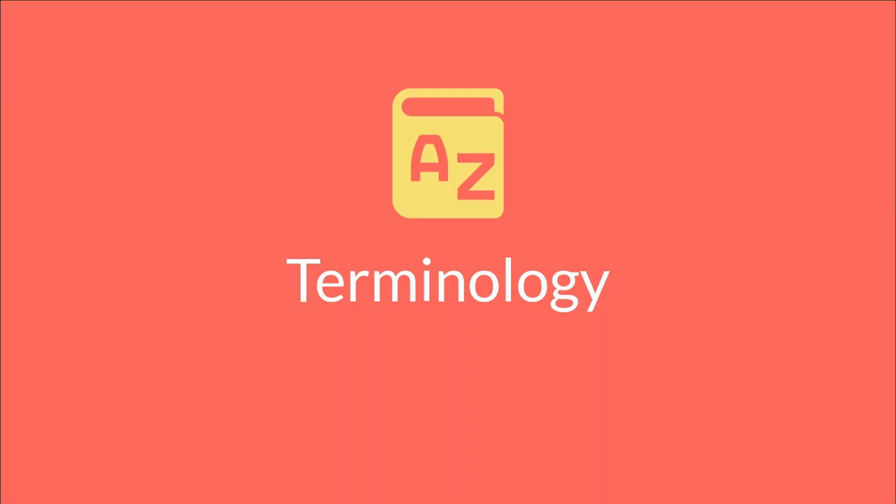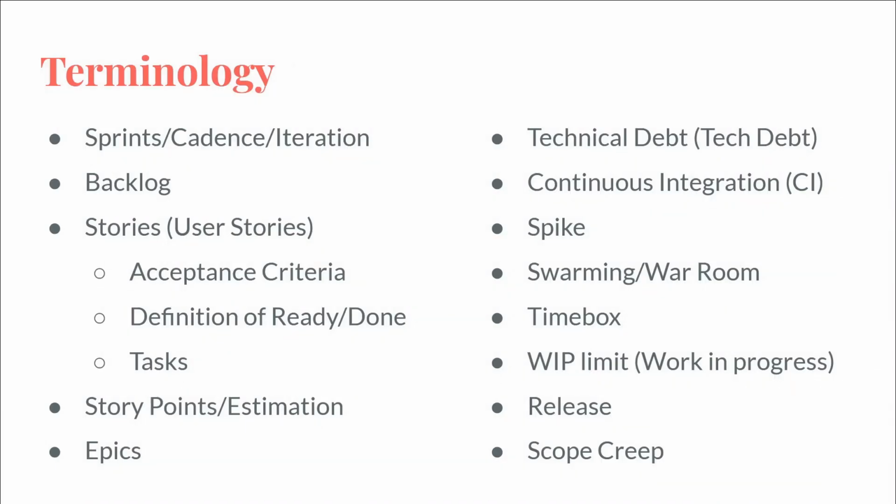Okay, terminology. I'm gonna dump a truckload of terminology on you guys. So here is the most common stuff you will hear in the world of Agile. Sprints, cadence, or iteration. That is, there is a period of time in which you will be doing work and you will say, I'm going to get this much work done for the next week or the next 2 weeks or the next 3 weeks or the next 6 weeks or whatever that period of time is. And then the most common of that would be a 2 week sprint. So every 2 weeks, you have a new iteration, a new cycle.